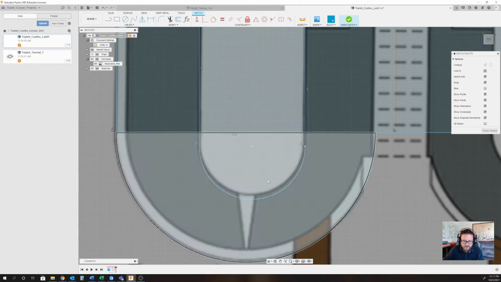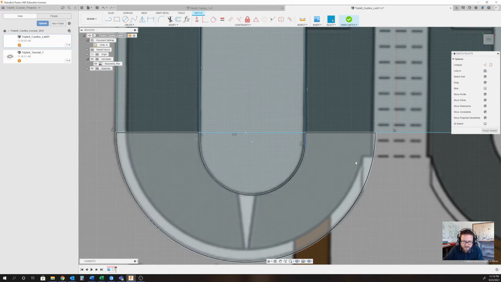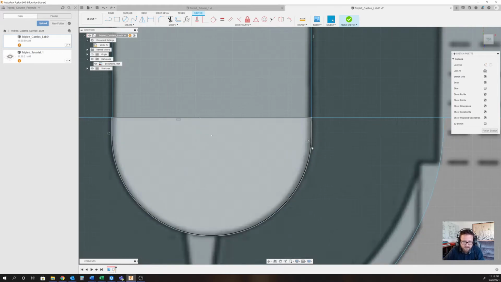I'm going to select this and pull it in a bit. Okay. And I'm going to click here to here. And here's where I think this is also quite useful. We can say, I want this little piece of line to be equal size to that one. So I'm going to do constraint equal and click on that one. Oh, looks like I'm over constrained. So that was a mistake. Let's do